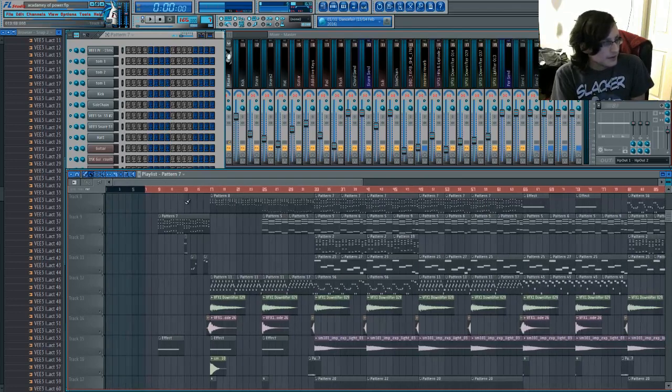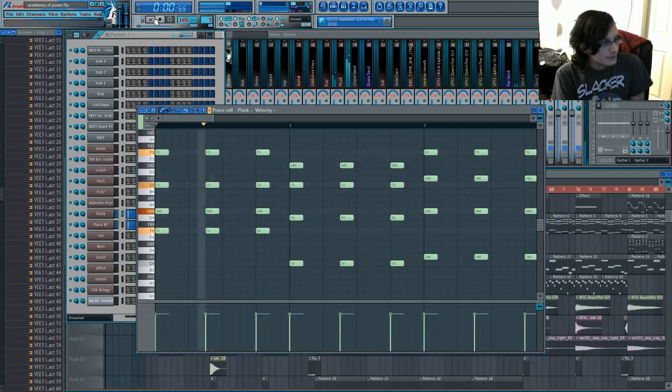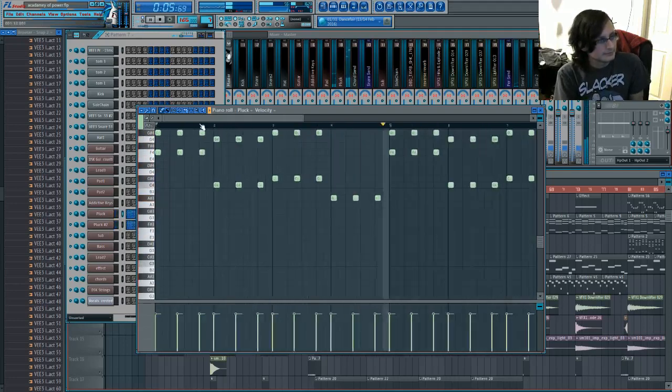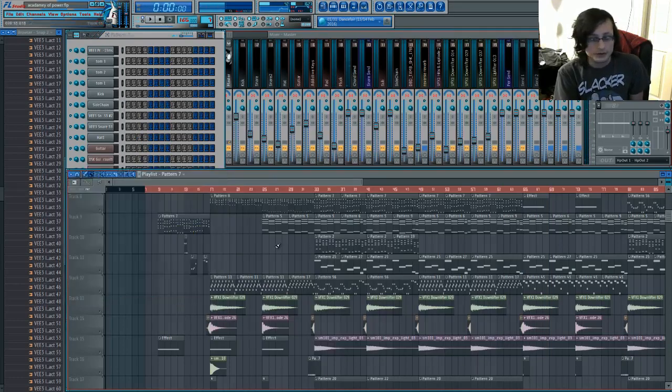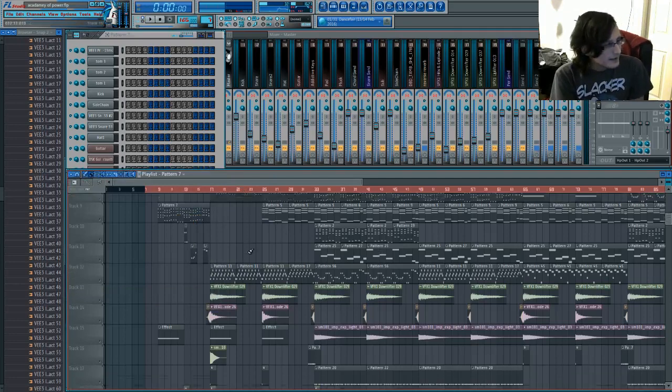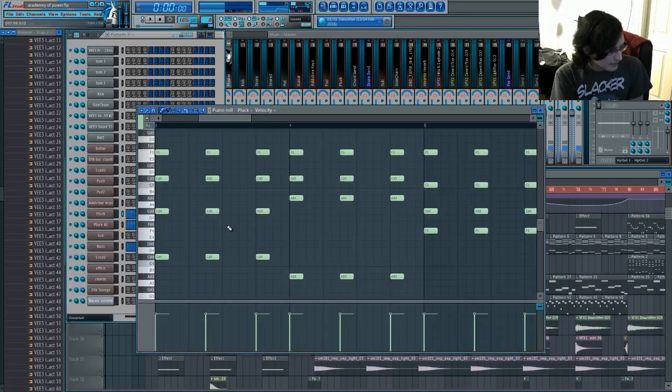So the song does start with that simple chord structure. So that's pretty much the beginning chord structure that goes through all the beginning there, and practically through most of the song except the breakdown. And when you start to layer that on top of things like the bass here,